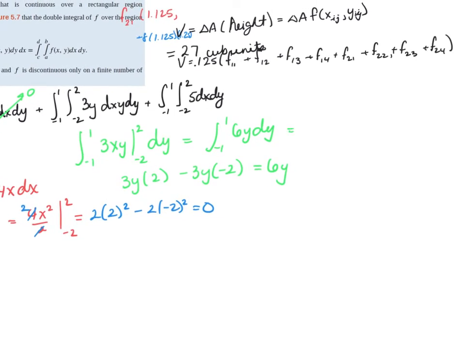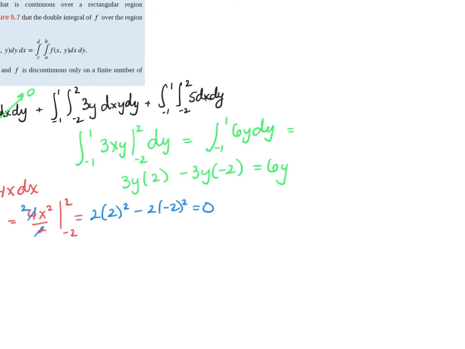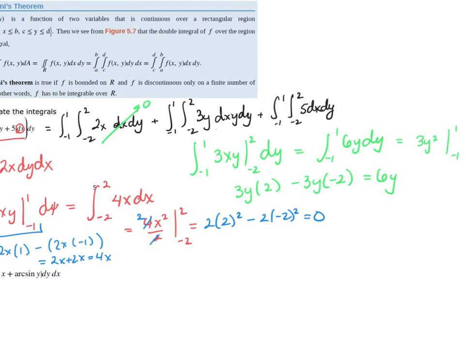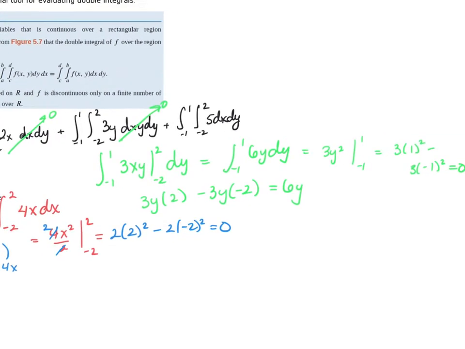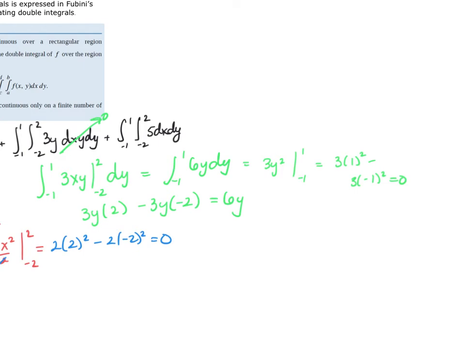And then this becomes 3y squared evaluated from -1 to 1, which is 3 multiplied by 1 squared minus 3 multiplied by -1 squared, which gives me 0. So that middle term is going to go to 0. So then that only leaves me my last one. So it doesn't matter if I do x or y first because 5 is a constant, so let's just leave it as it is. So this is going to be equal to the integral from -1 to 1 of 5x evaluated from